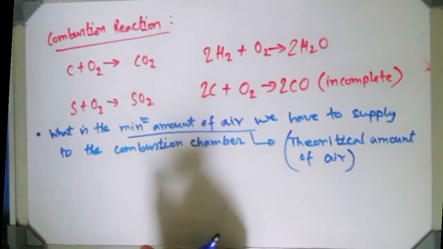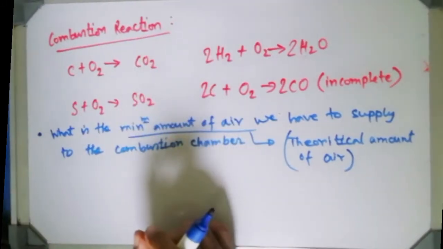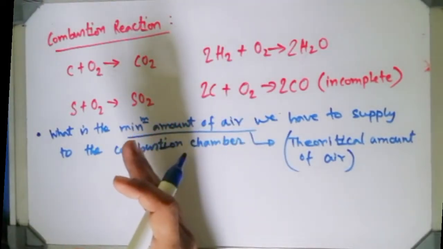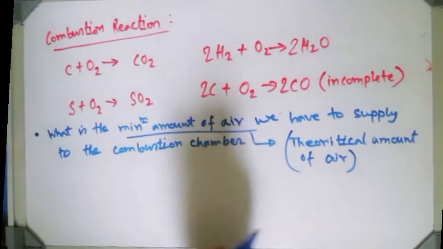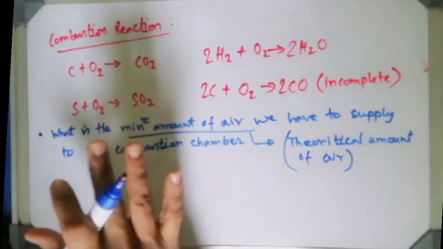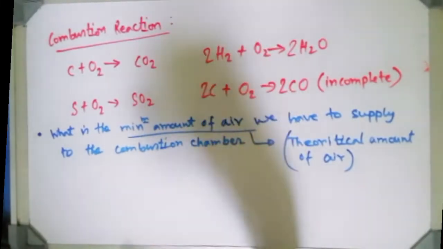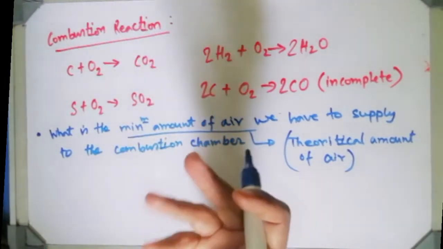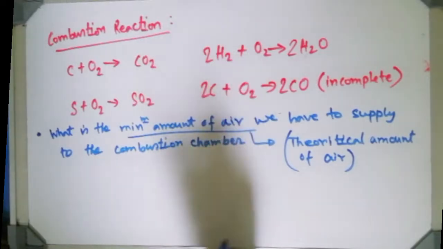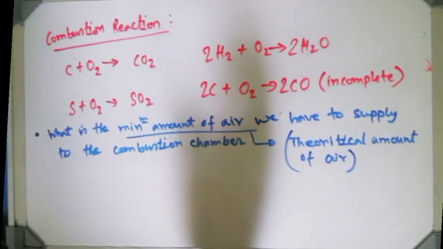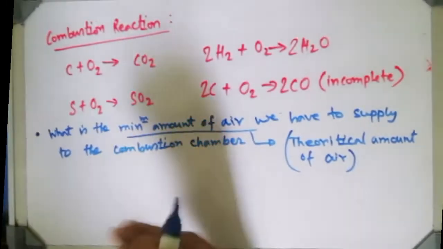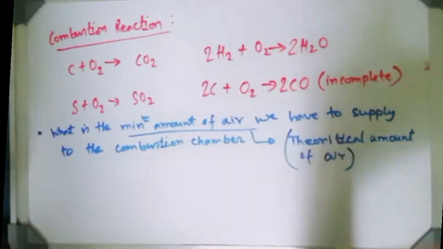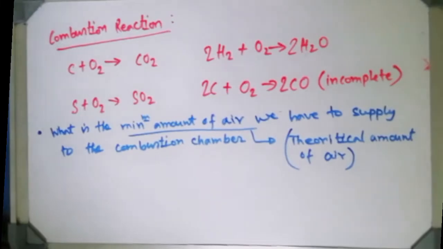Mind it, there are two percentages: one is volume to volume ratio and one is mass to mass ratio. That 21% of oxygen is available, that is in volume percentage. But we should consider here the mass percentage, because we are going to find out in terms of kg. And we know that in mass percentage, 23.2 kg of oxygen is available in atmospheric air. So just considering that value, we will see for how much amount of air this amount of oxygen will be available. That will be the procedure. Okay, let's start.